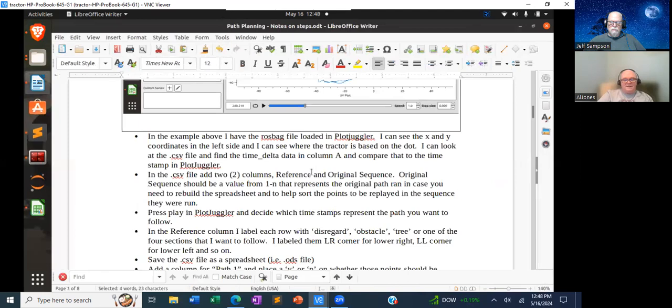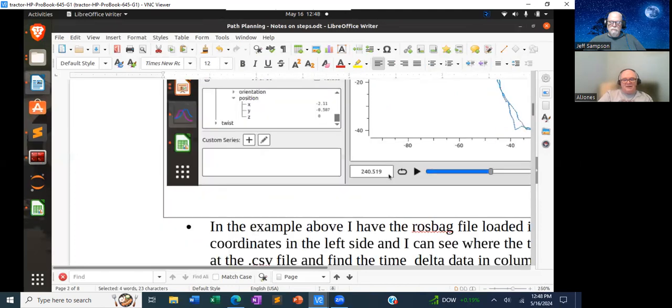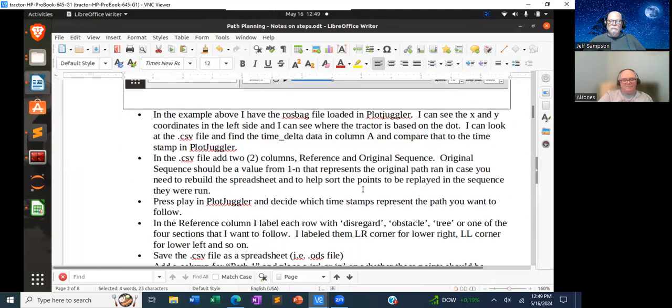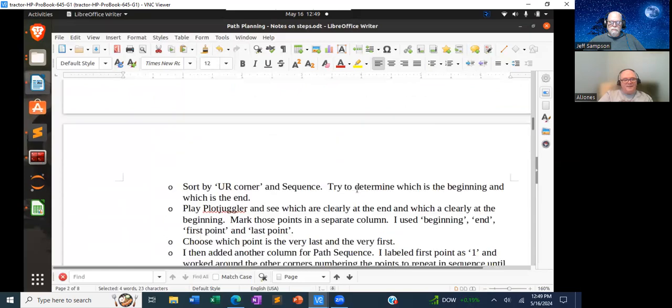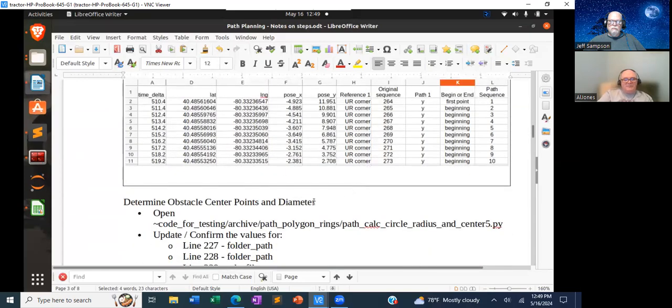the points laid out. And as I said, Plot Juggler comes in real handy because in Plot Juggler, you've got that time stamp and that matches the time delta. And then I've also got the pose position up here to just verify that everything is exactly what I'm thinking it's going to be. So after I get to that point, let's see, for me,